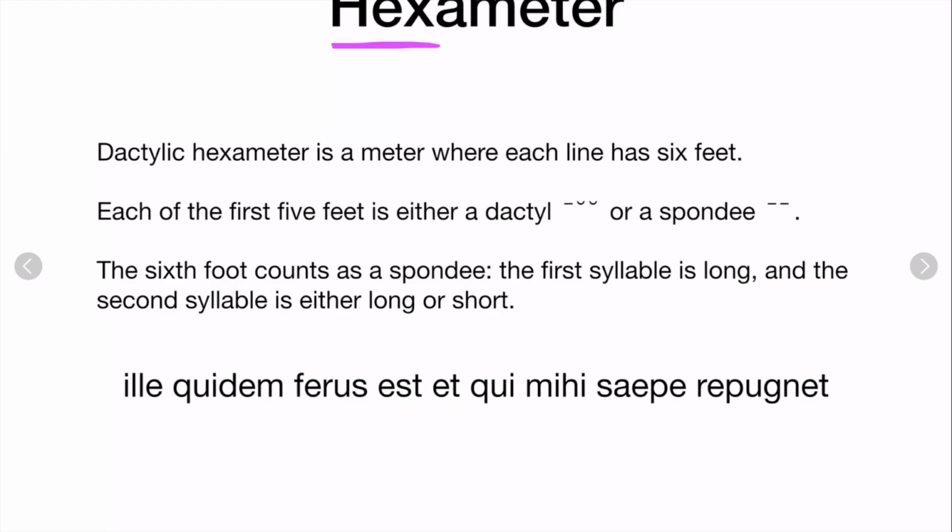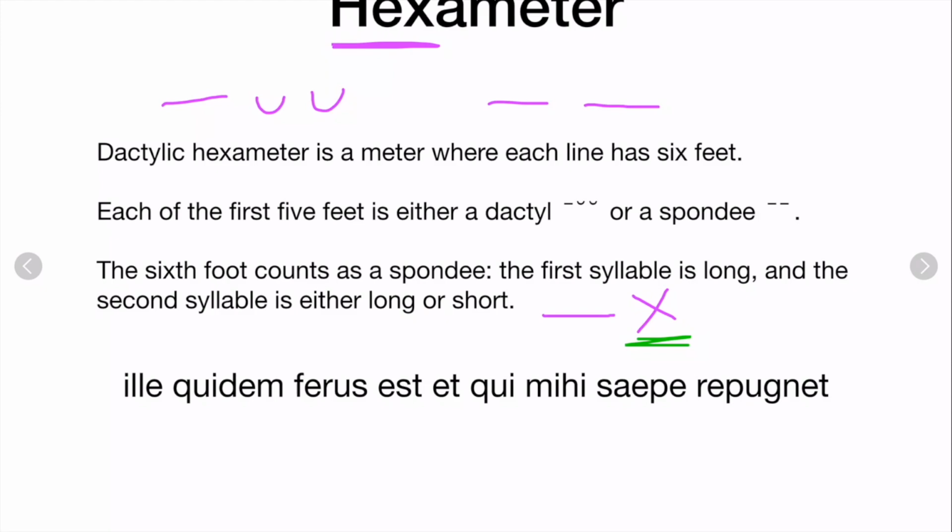Each of the first 5 feet is either a dactyl, long, short, short, or a spondee, long, long. And finally, the 6th foot counts the same. It has a first syllable that's long, and then the second syllable can be either long or short. We can just mark it with an X. The reason that the 6th foot counts as a spondee, whether that second syllable is long or short, is that the end of the line serves as a kind of rest there that makes even a short syllable count